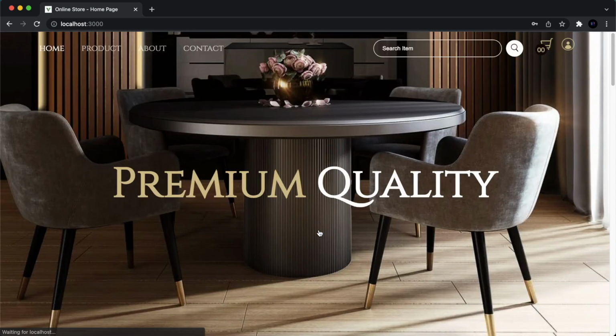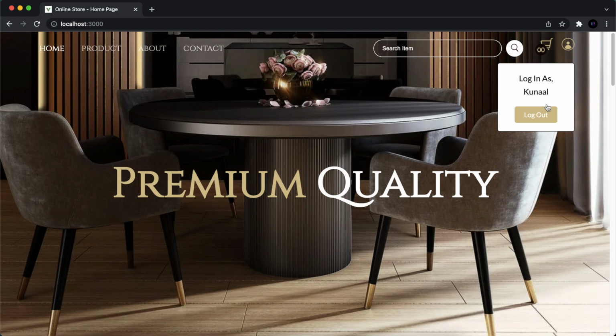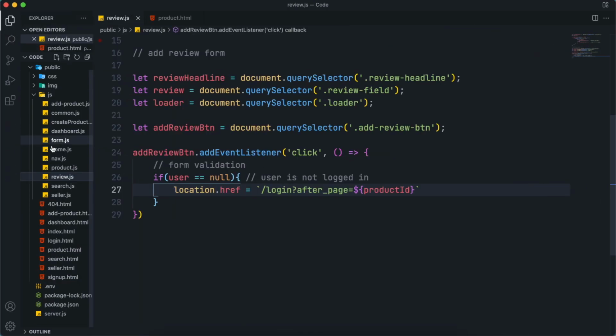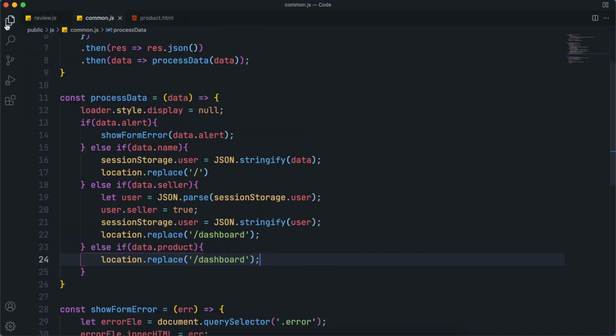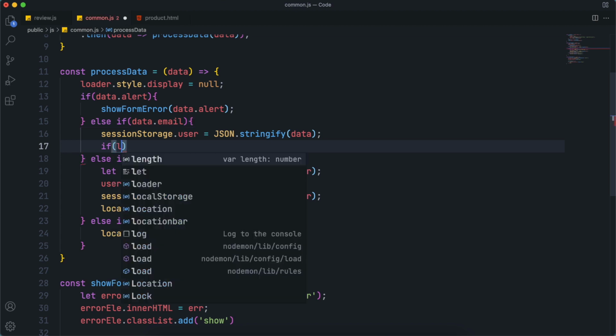So if I now log in, you can see I'm redirected to the home page, but instead of redirecting to the home page, I want the user to be redirected to the product page. To fix it, open the common.js file where we are processing the data, and here first of all change data.name to email because we are getting email from the server, and add this condition here saying if